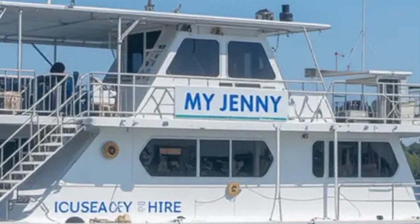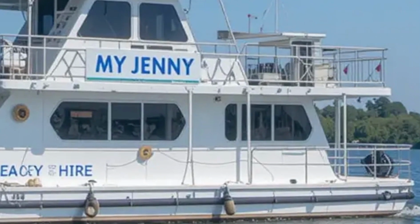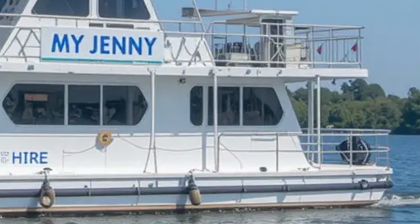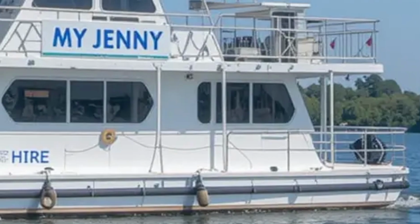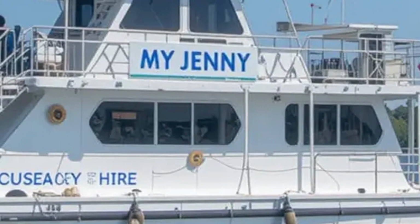Stardust Cruisers has a reputation for crafting houseboats that feel like a perfect blend of a yacht and a home, and I'm here to break down why they've been a top choice for water lovers since the 1960s. We'll cover their key features, design elements, interior highlights, performance on the water, and the unique selling points that make